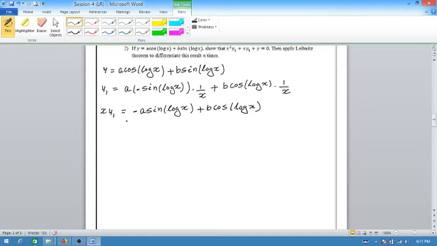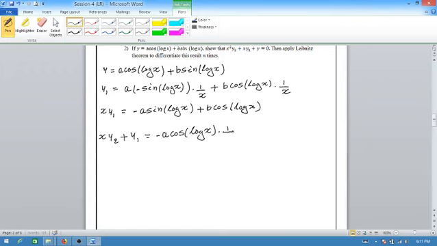Now find out the second derivative. So here x is a function of x, y1 is also a function of x, right? So you have to apply the product rule here. So what I will do, apply the product rule: x as it is, differentiation of y1 becomes y2, plus y1 as it is, differentiation of x with respect to x is 1. So y1. So that is equal to minus a, which is constant. What is the differentiation of sin? That is cos. Cos log x